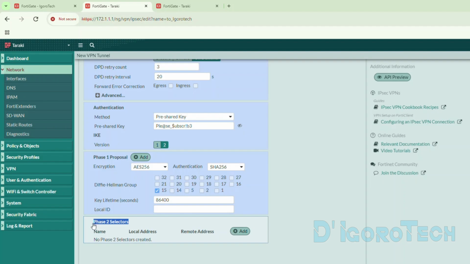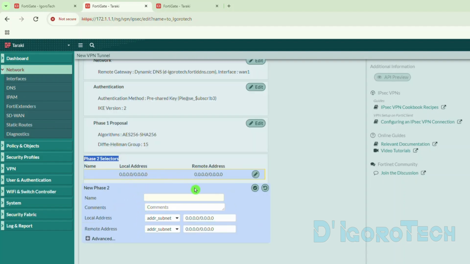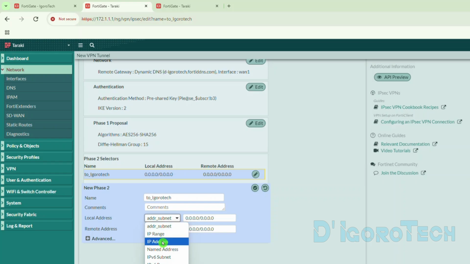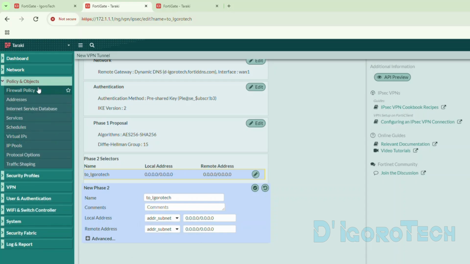Next is the Phase 2 selectors. Again, we can put any name we want. We will use to Igorotech to make it simple. For the local address, subnet is the default. We can use IP range, IP address, named address, etc. We will allow the whole subnet here, and if we want to restrict some users, we can do it on